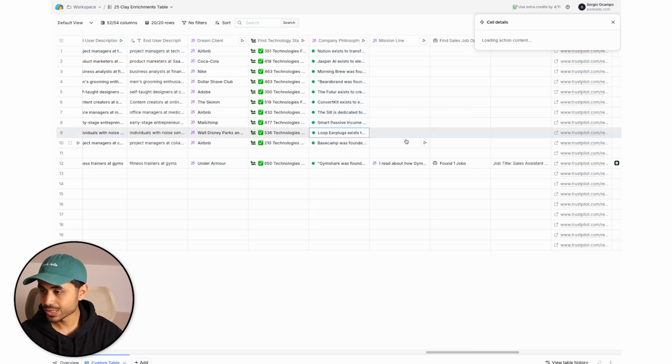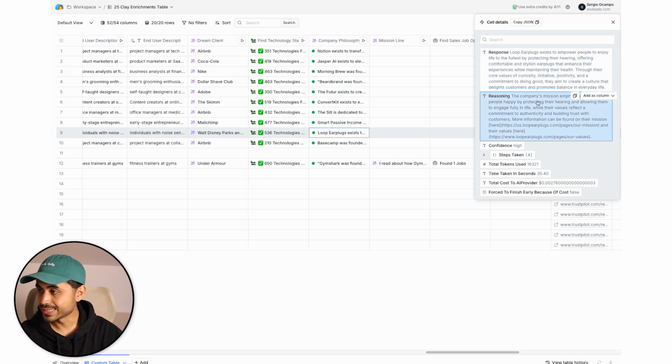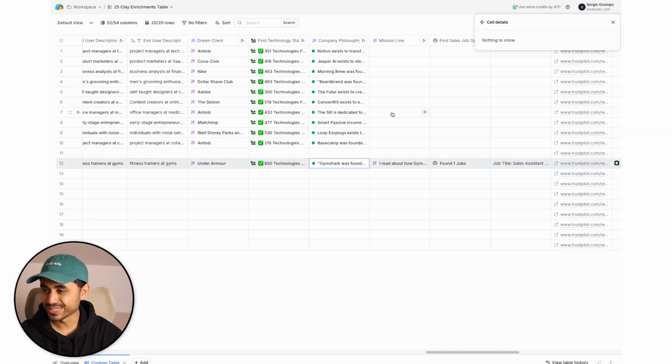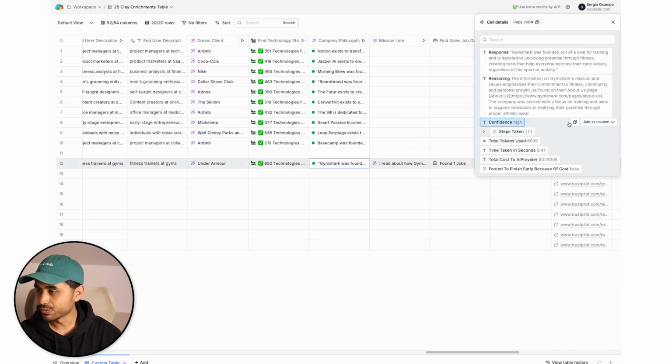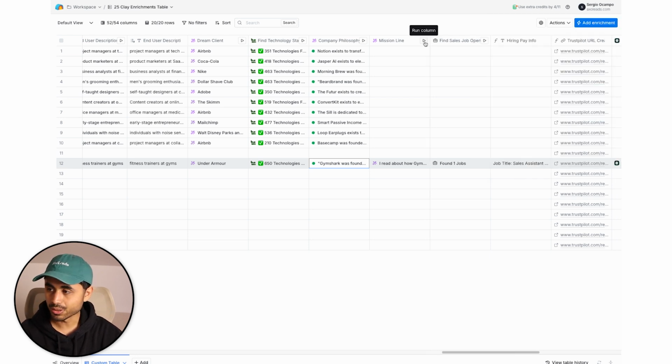So let's look at Loop earplugs. It says it exists to empower people to enjoy life to the fullest by protecting their hearing. Okay, so that's not exactly a very powerful story, but still, you can call that stuff out. For Gymshark, it was founded out of love for training and is devoted to unlocking potential through fitness, creating tools to help everyone become their best selves. So yeah, that's a valid reason to start a fitness line,